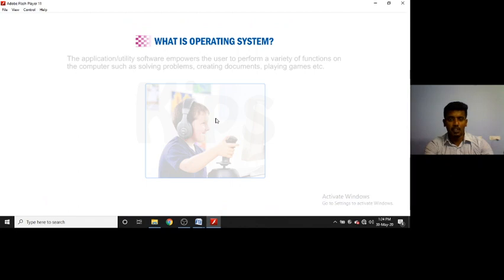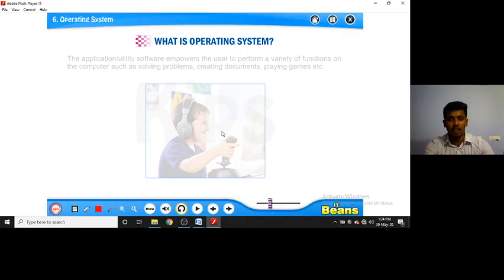Application software is for the user's requirements, like solving problems, user-customized software, documents, games, web browsers, or any other software made to perform a variety of functions based on the requirements of the user.